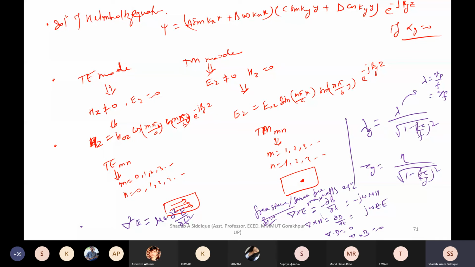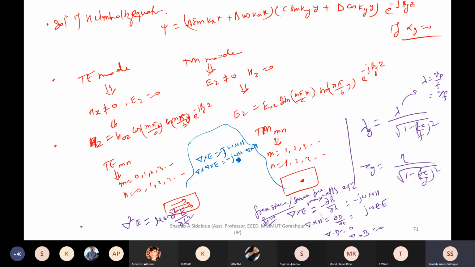Now the answer is, we need to go through the derivation. So how can we go through it very quickly for short problems? Okay, so we have the equation in the frequency domain: curl E is equal to minus j omega mu H. Can I take the curl on both sides? So we'll have curl of curl E is equal to minus j omega mu curl H.